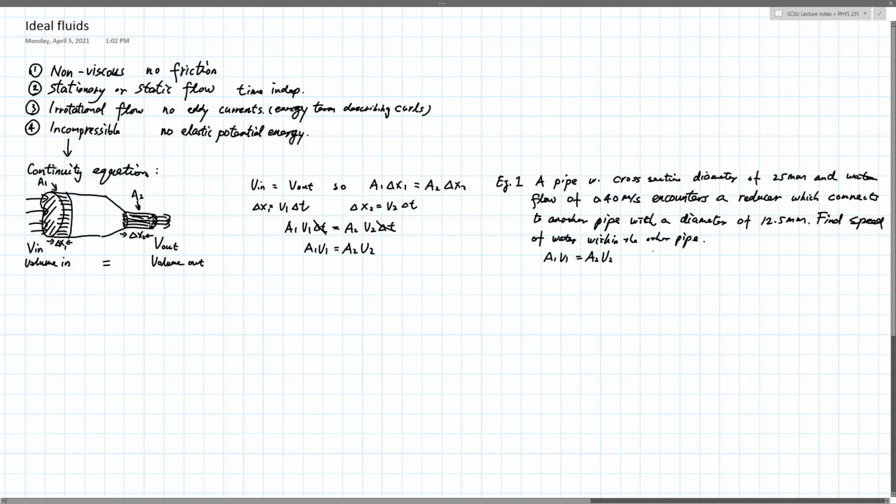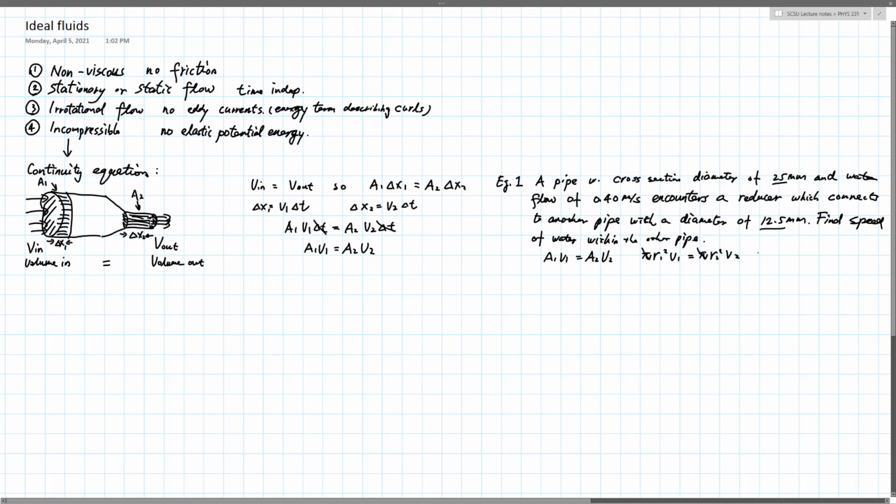So area 1 is pi R1 squared V1, area 2 is pi R2 squared V2, and we can divide out the pi, and we can recognize that R1 and R2 are actually a 2 to 1 ratio, 25 and 12.5, right? So if we plug in the values here, get rid of the pi's,